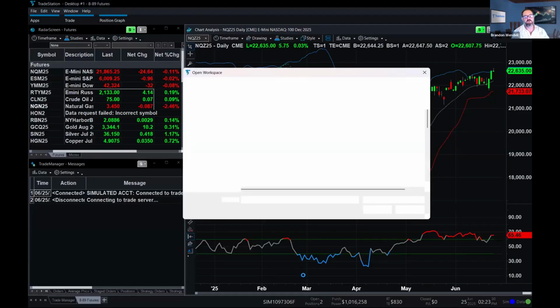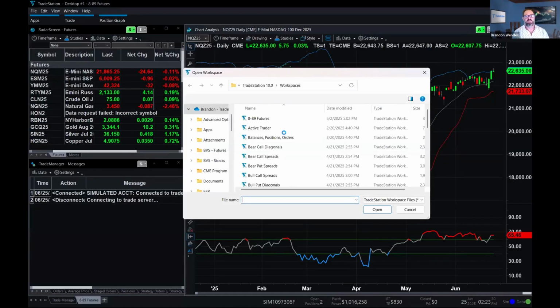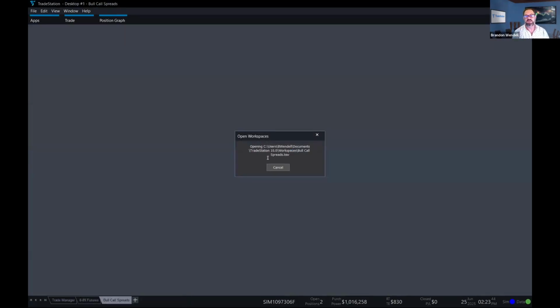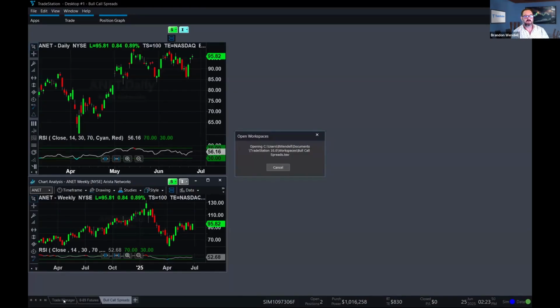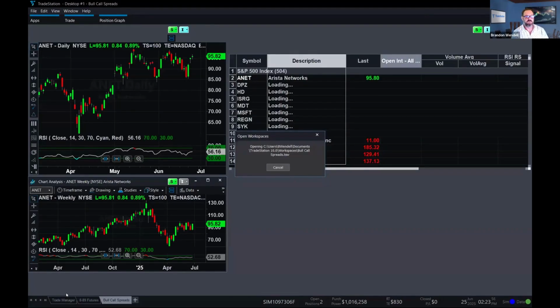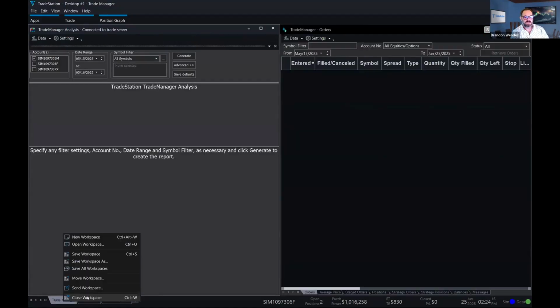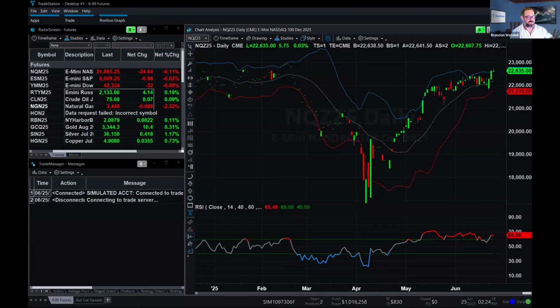We have the radar screen where we can actually search for different volatility levels. So let's say I'm looking at, I'll just do bull call spreads worksheet. Workspace. These workspaces are also available in the Options Education Center, just so you know. There we go. And while that's opening, I'm going to close the other one, keep the computer running smoothly. Hopefully. Oh, come on. I just want to close this workspace. There we go. And reopen this one.